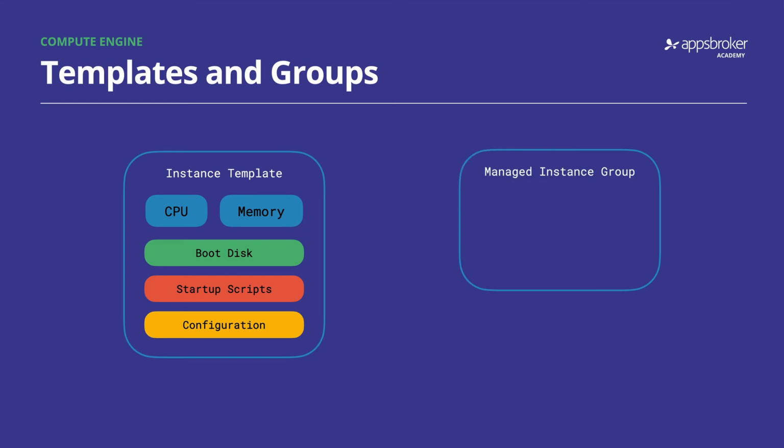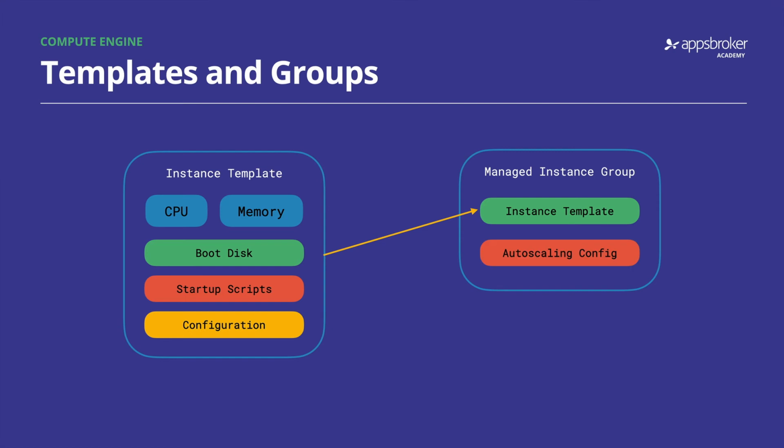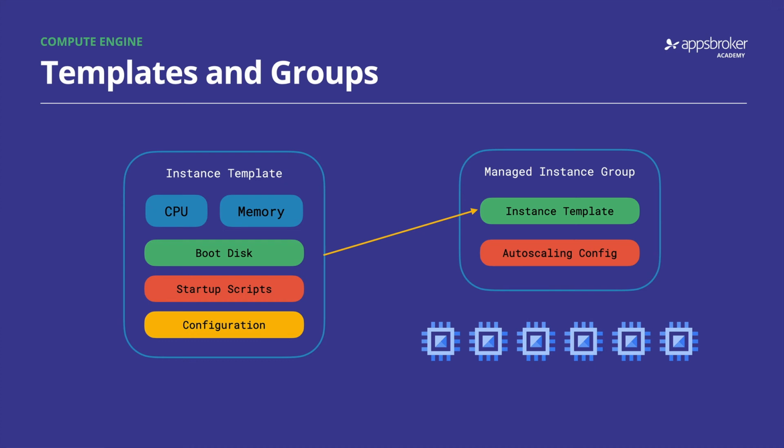The managed instance group is just another bit of configuration that references that template, along with other settings like the minimum and maximum number of instances it should create, and optional things like an auto-scaling config and policies for rolling updates. It's then responsible for maintaining the health of instances in the group, so if there is a problem and a health check fails, a broken VM can be automatically replaced. If a load balancer linked to your group starts to send more requests, the group can auto-scale up the number of instances. And managed instance groups can be regional, which means it can automatically manage the health and availability of all of your VMs, even if a single zone goes down.